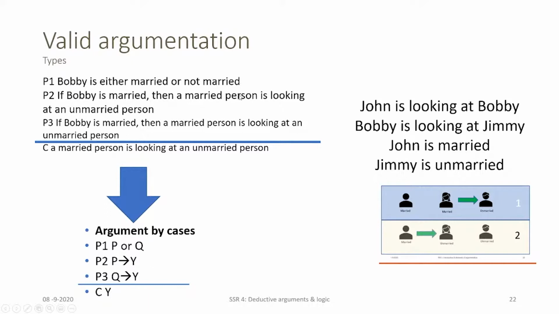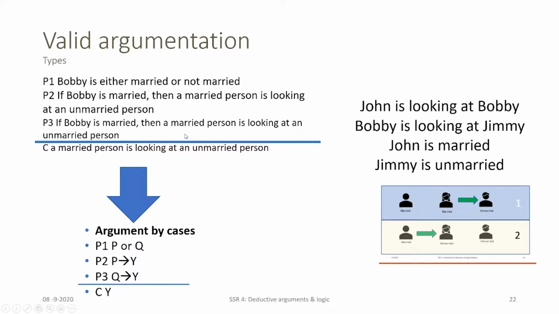The second step in our deductive argument is, if Bobby is married, then a married person is looking at an unmarried person, right? We saw that in the first example in blue. If we then assume, go to the second possible case,